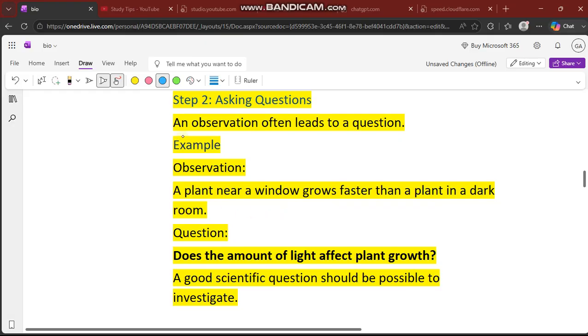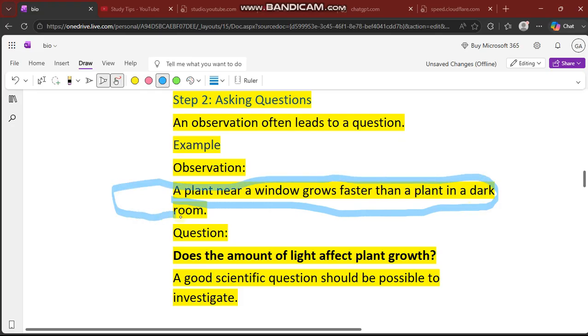Then asking question, second step is what? asking questions okay then an observation often leads to a question observation የሰበሰብነው gather ያደረግነው information ምን ያነሳብናል leads to what a question okay ጥያቄ ይፈጥራል so we need to ask people. so observation: a plant near a window grows faster than a plant in a darker room. this is the observation this is what we gathered okay what we ያገኘነው ነገር ነው okay ምን አንድ plant near a window በመስኮት አጠገብ ያለ እጽዋት በደንብ በፍጥነት ያድጋል then a plant in a dark በጨለማ ላይ ካለው plant የሚለውን ነገር አየን ወይ አስተዋልን information ሰበሰበን